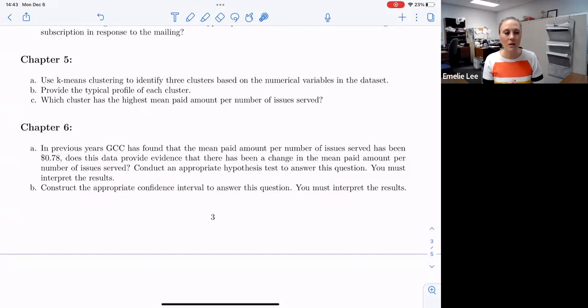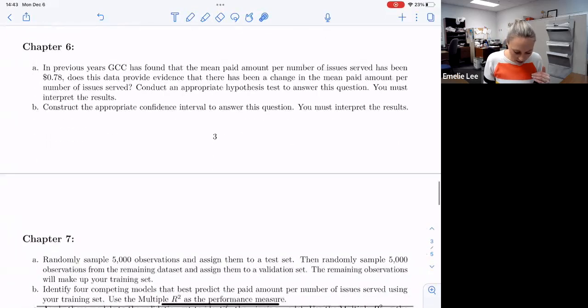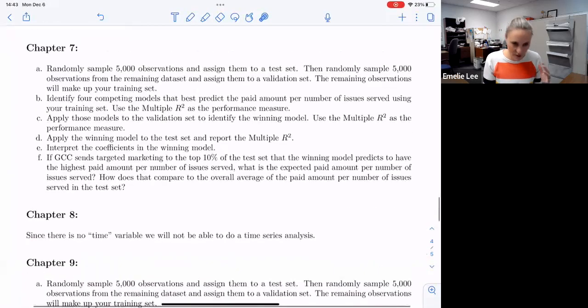Okay. So those are the questions that you have to answer, right? And then you're going to pick one of chapter 7 or chapter 9 to focus on, right? And you don't have to do both, just one, okay? So you might have to kind of try them out, right? See which one feels better, right? But from chapter 7,